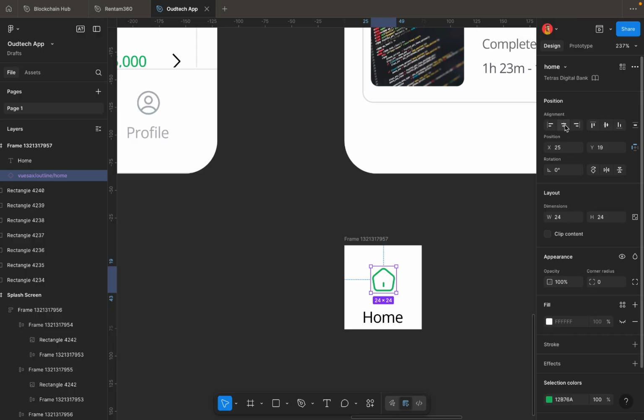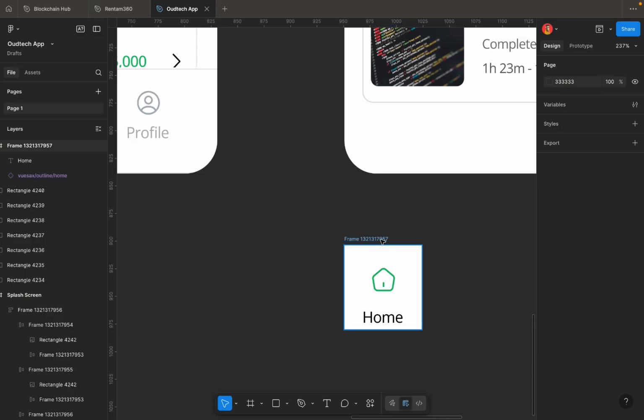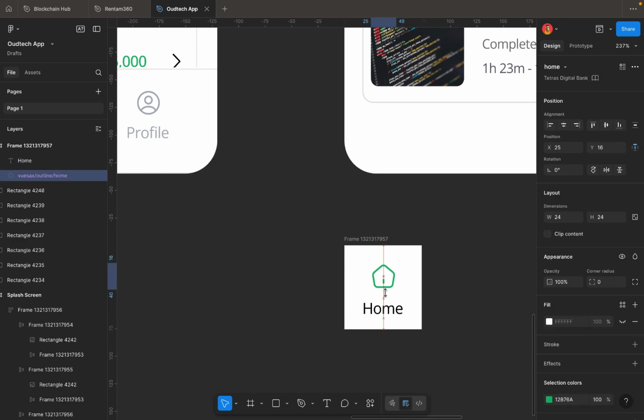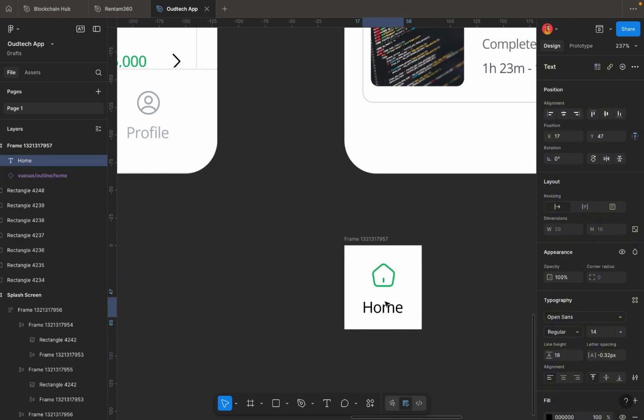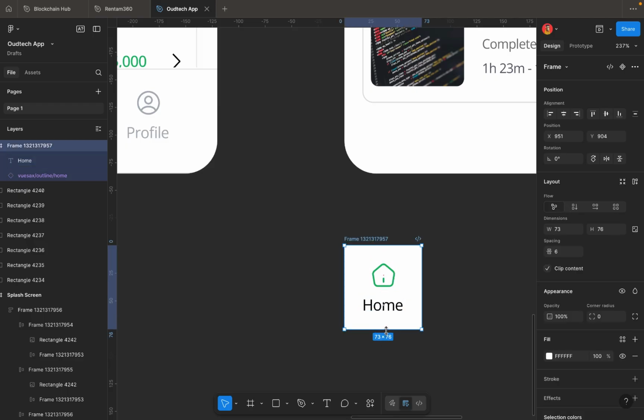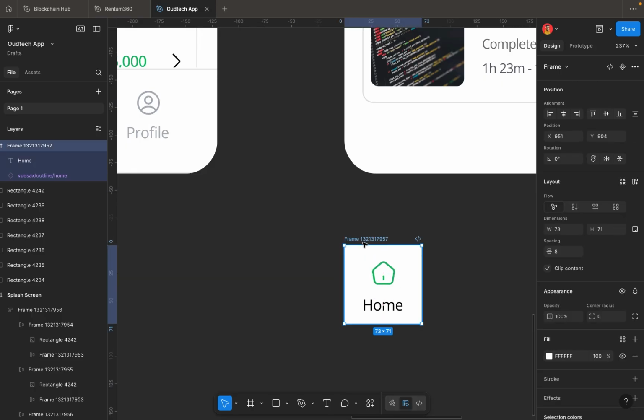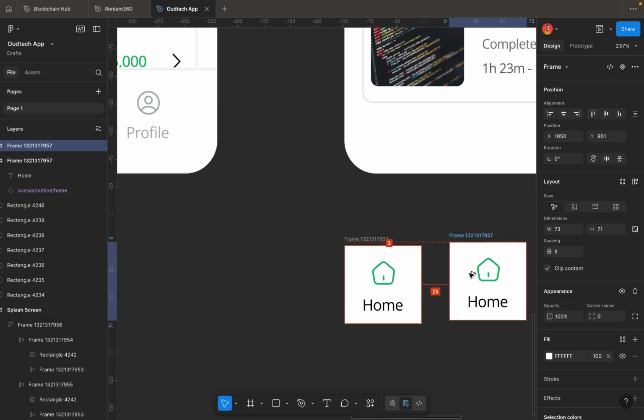I'll make sure it's centralized. Alright, so take this guy to the top a little. And bring this guy a little. Okay. This one a little. Okay. So now I can duplicate this guy. And the next one should be